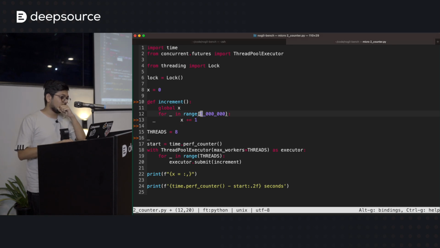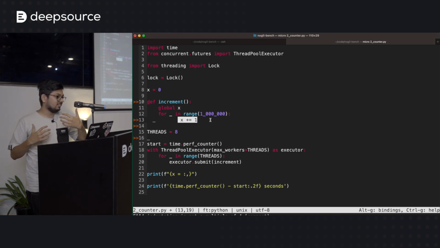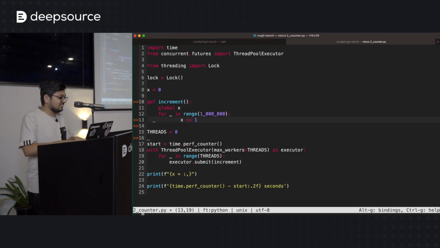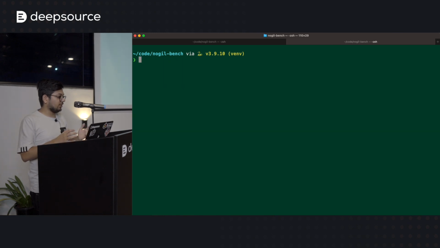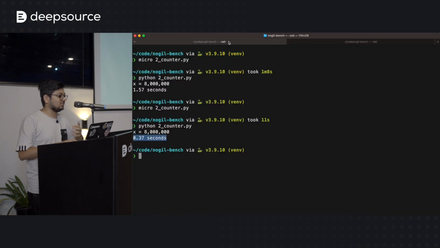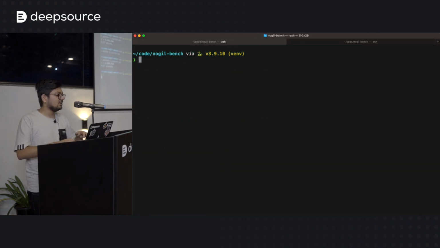So all the 8 million times this happened separately, but this started clashing while it ran on multiple threads without the GIL. So that's kind of the entire point of GIL versus no GIL. Like it's not just sunshine and rainbows. Okay, let's actually look at a couple more examples.